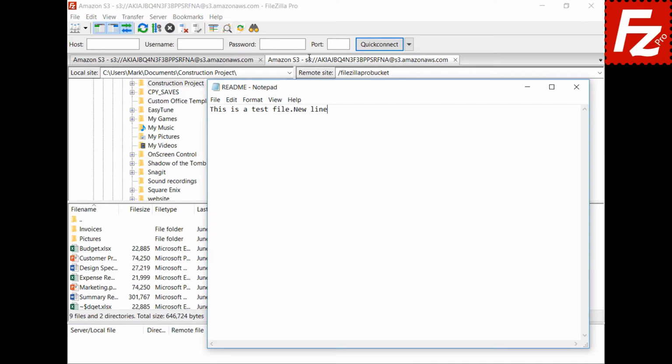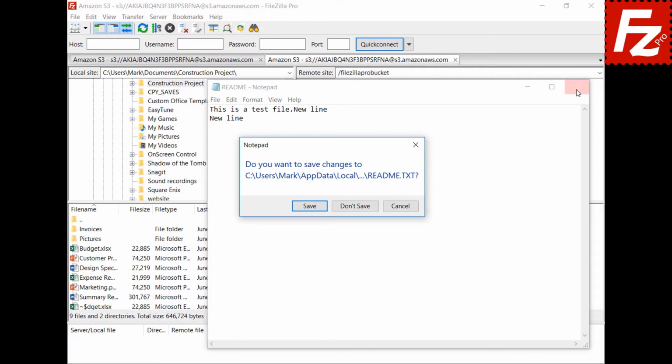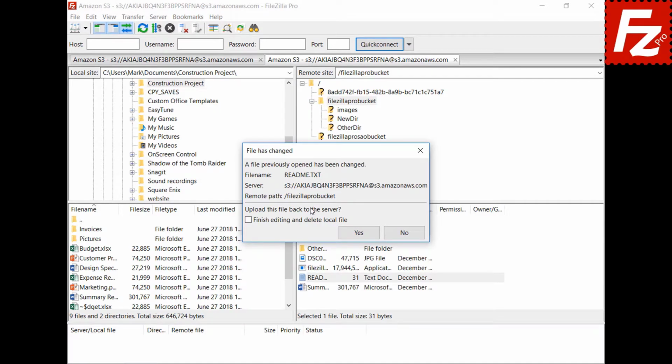FileZilla copies the file to a temporary local file. The default editor for that type of file is launched. For example, in this case, Notepad opens the temporary local file. FileZilla detects if the local copy has changed and asks you if you want to copy the edited copy back